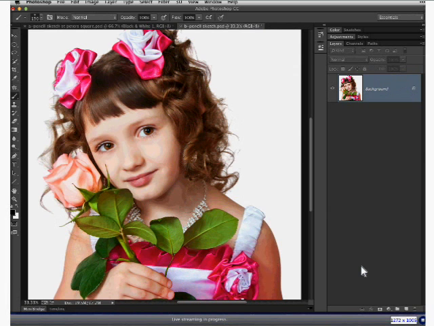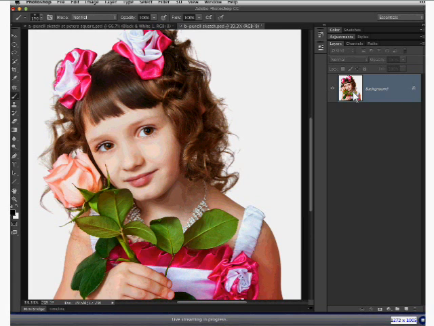So the first step, just like we've been doing all afternoon or all morning together rather, is to activate the layer or multiple layers that you want to apply this effect on. Then, if it is multiple layers, you want to create a stamped copy by pressing Shift-Option-Command-E on a Mac or Shift-Alt-Control-E on a PC. Since we just got one layer in this document, I'm just going to go ahead and duplicate it by pressing